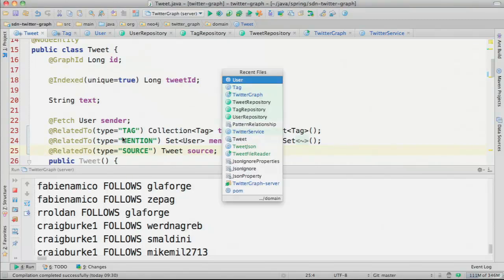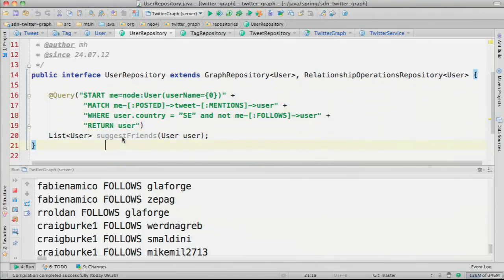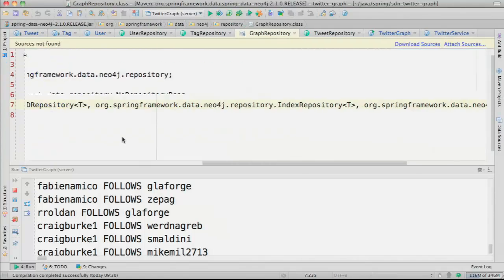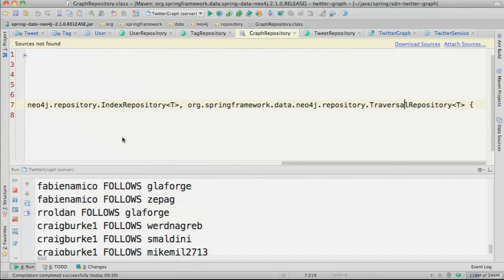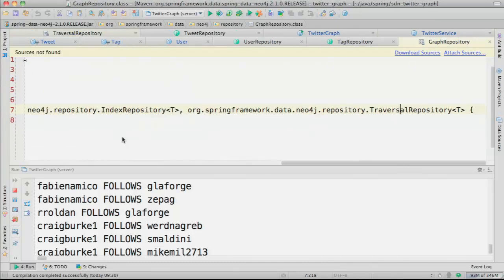So as I said, we have these repositories that we can use. Actually, let's start with the tag repository. The tag repository is one of the very convenient repositories in Spring Data Neo4j or in Spring Data in general, which just don't have any methods on their own. They just inherit methods from their superclasses. So if I go to the superclass, then I see it's composed out of several repositories. And if I, for instance, look into the traversal repository, I find a method that will then be available as part of the graph repository.